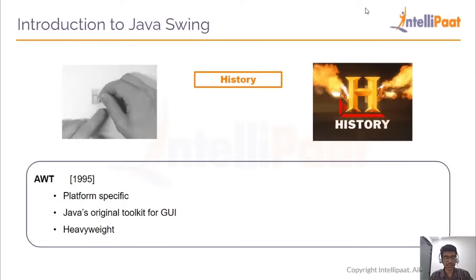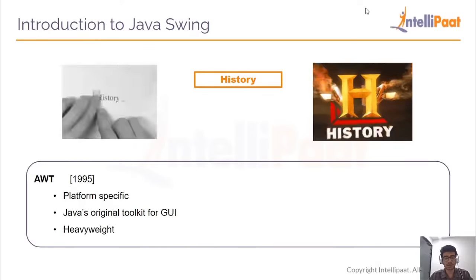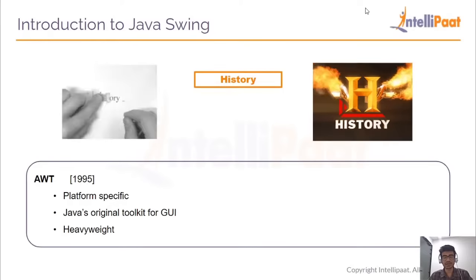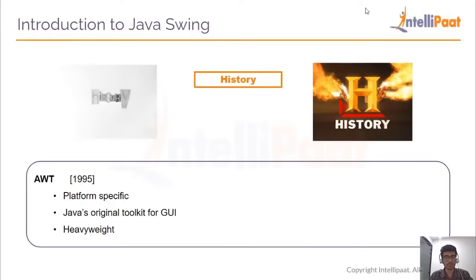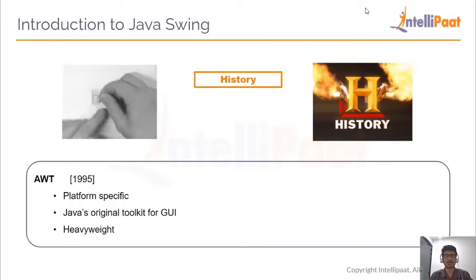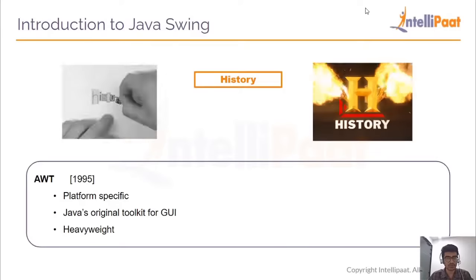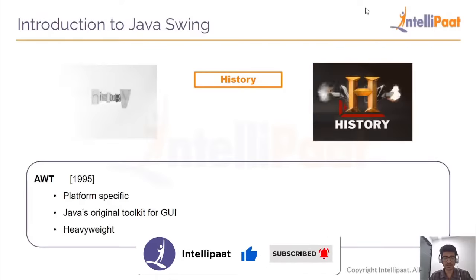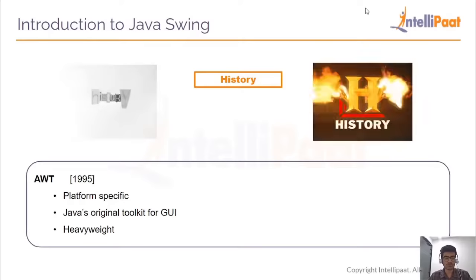So we can say AWT was platform specific, and many companies did not prefer this aspect of AWT because it affected their branding. If they wanted to create an application that had a brand, that is, a particular color scheme and a logo, all that stuff, it used to look different in Windows, different when you run it on Mac, and it used to have a different look and feel when you run it on the Linux operating system. So this was one disadvantage of the AWT